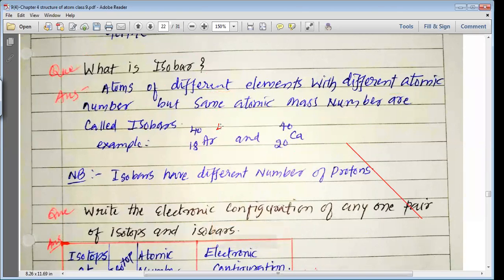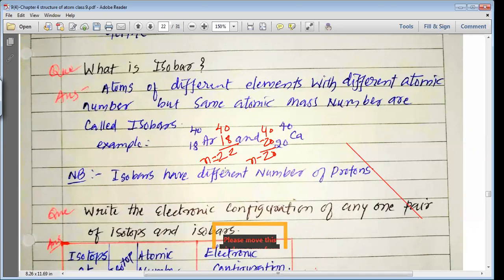In argon, the number of neutrons is equal to 40 minus 18, that is 22 neutrons are present in argon, but in calcium we have 40 minus 20, that is only 20 neutrons are present, and thus we can see that they have different numbers of neutrons, but still their atomic mass numbers are the same,